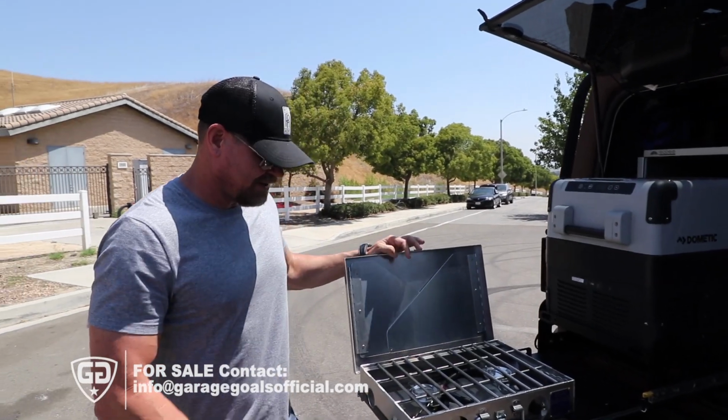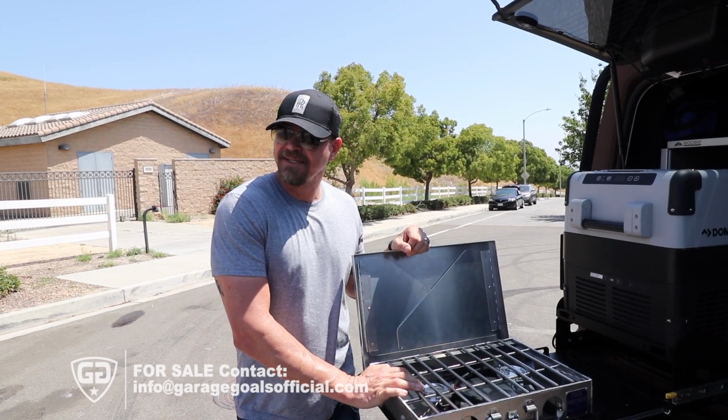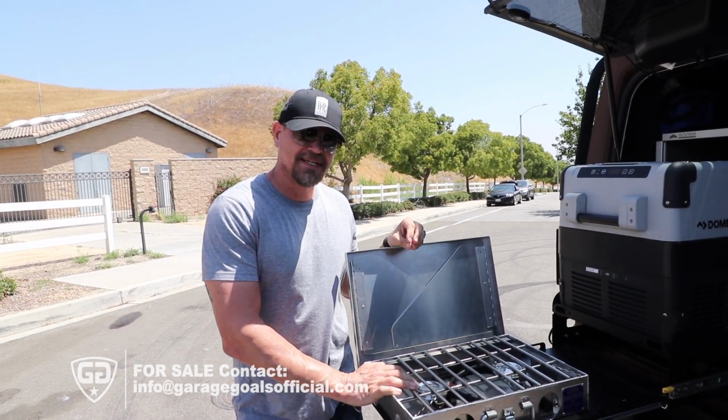got your little cooktop right here. I never used it because I like animals, man. I'm not trying to run over anything. And if that thing has been dead on the road for a couple days and it's got the little white